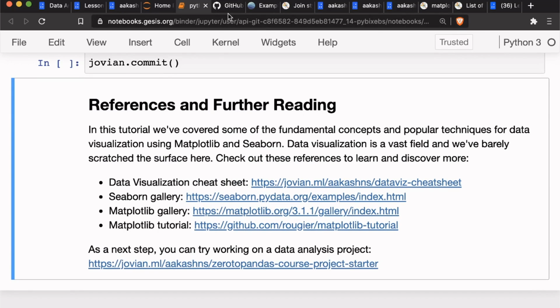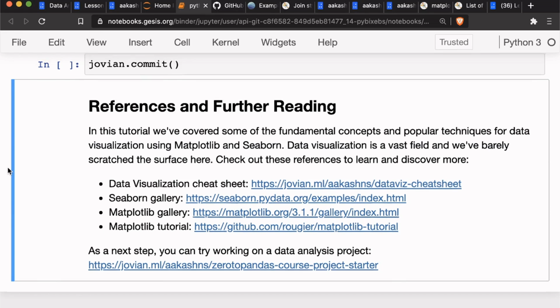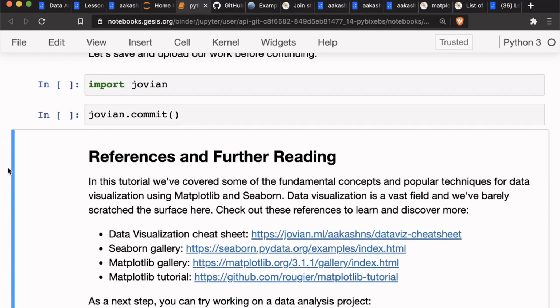Now, in terms of how to choose the right plot, a good rule of thumb is to just try out a line plot, and in a lot of cases it can give you a good enough result. But once you want to go beyond, then you start looking through this list. Okay, a scatter plot makes sense here. Will it be interesting to use a heat map here? A lot of these things just come from experimentation. Take the same data and try to draw different kinds of plots with it, and see which plot gives you the most information and presents the information visually in the best fashion. And as you experiment with it, you will start to cultivate an intuition for which plot to use where.